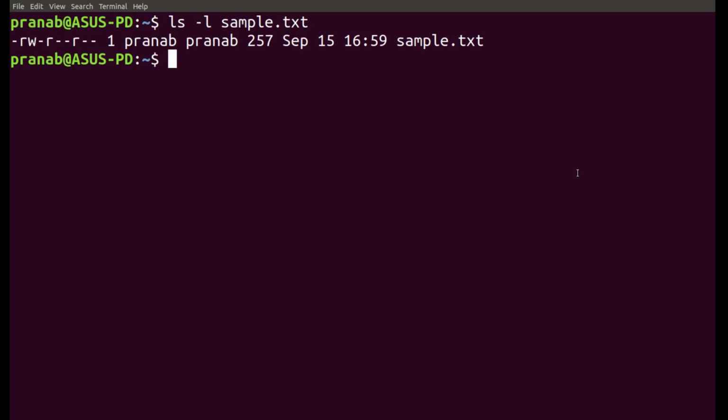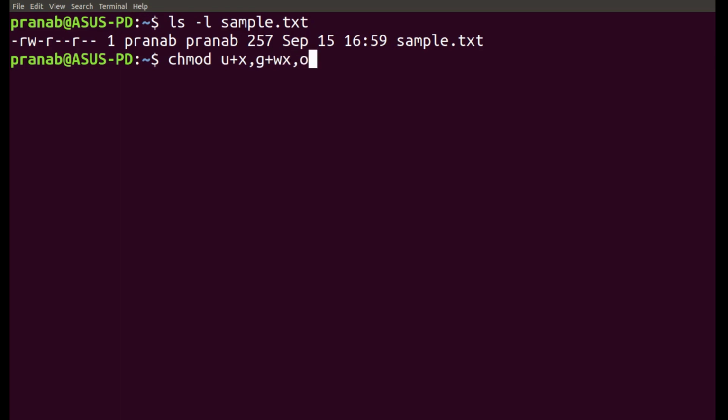So let us change the permission. With chmod, suppose we want to add execute permission. To the user, u is for user, plus is add, and x is execute permission, comma. Next part is group. For group, we are adding write and execute permission, which was not there initially, so plus wx.